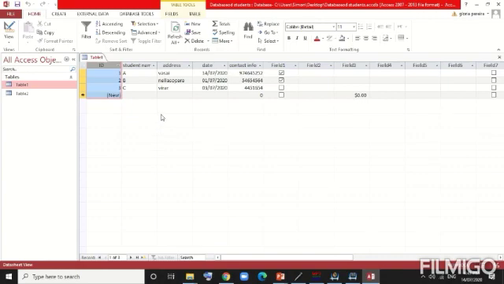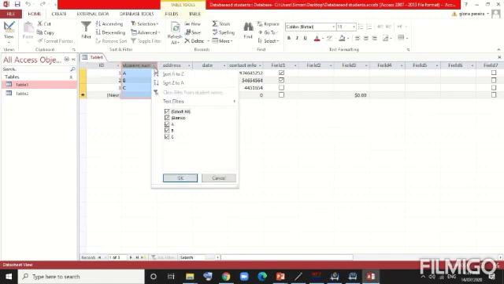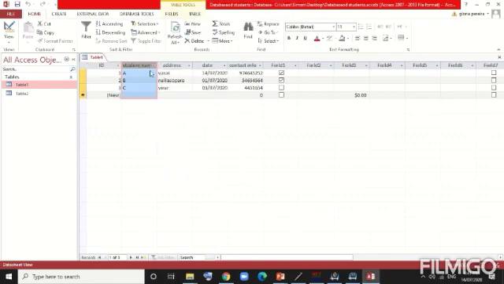Now, how to sort the data. Sorting and filtering data is very important. Sorting means you can sort the information in the table based on the values in one or more fields, in either ascending or descending order. So you can decide over here whether you want the data in ascending or descending order. Basically it is in ascending order, so you can make it descending also. If you want to see it upside down, you can select accordingly.